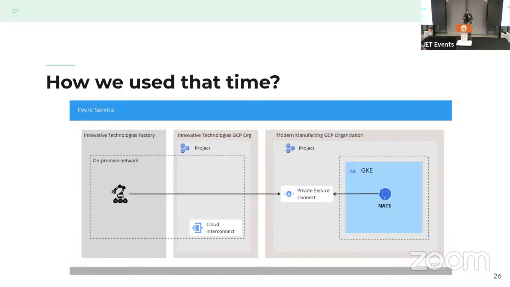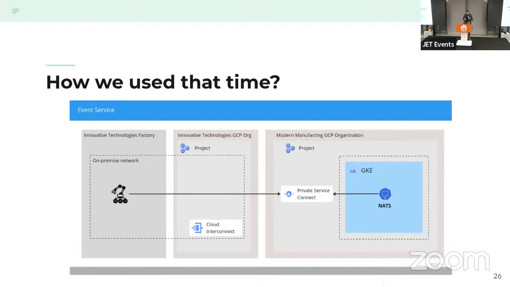During the workshop with the customer, we got to know that he extended his facility network to the Google Cloud, thanks to the interconnect. And basically, the rest was easy, maybe I can say that, because Google already has the Private Service Connect, which basically handles the backbone network connectivity to the service.